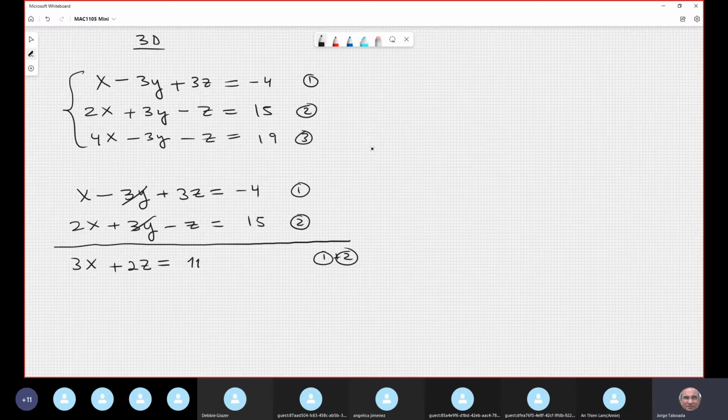Okay, so now what's going on? Well, I get a new equation that I want to call equation 4. But equation 4 is nice because it contains only two unknowns, x and z. Y disappeared in the process of the elimination in the first one. And for a moment, it's okay. Now I need to pair two new equations, 1 and 3 maybe, or 2 and 3. But the most important thing